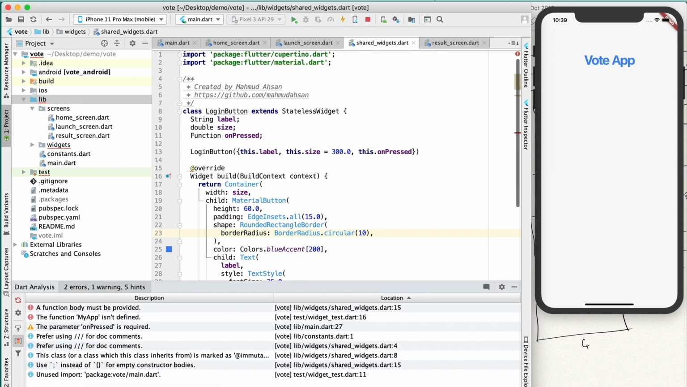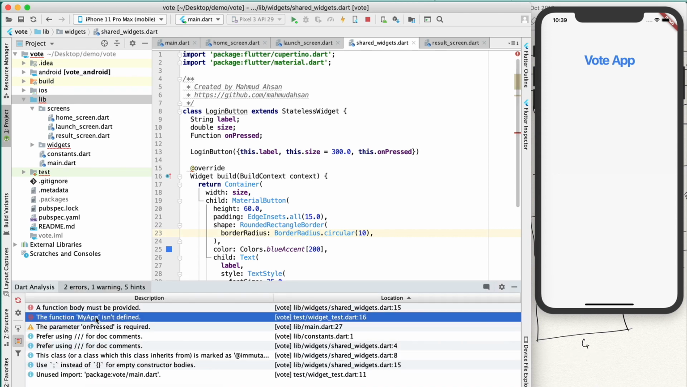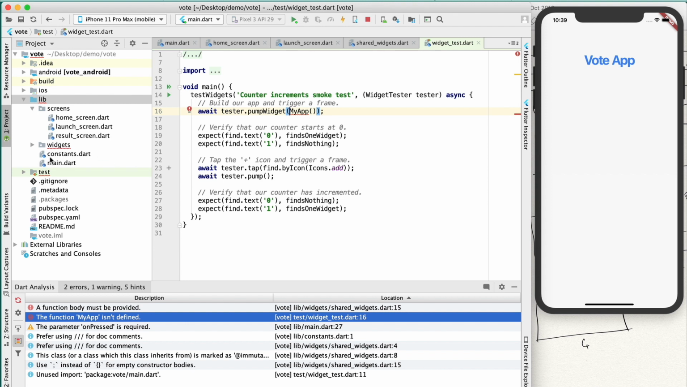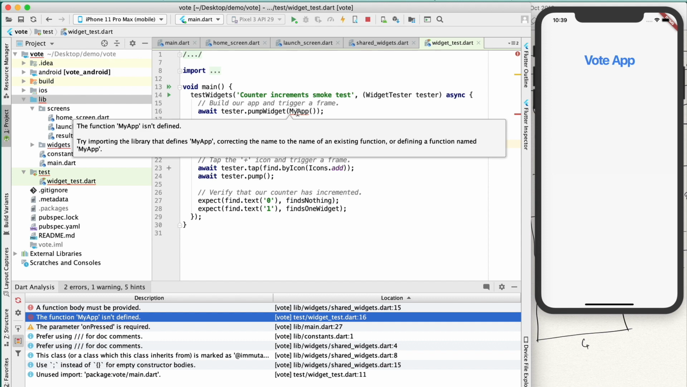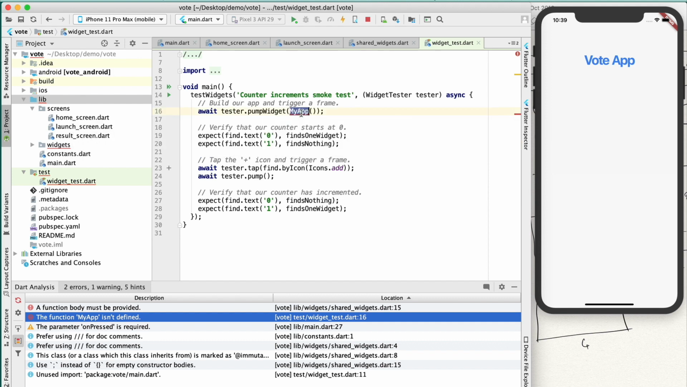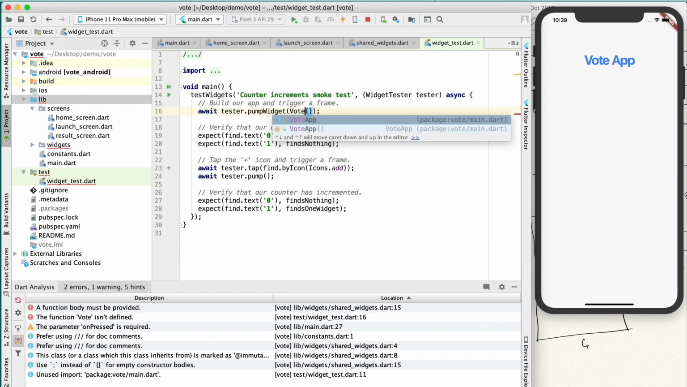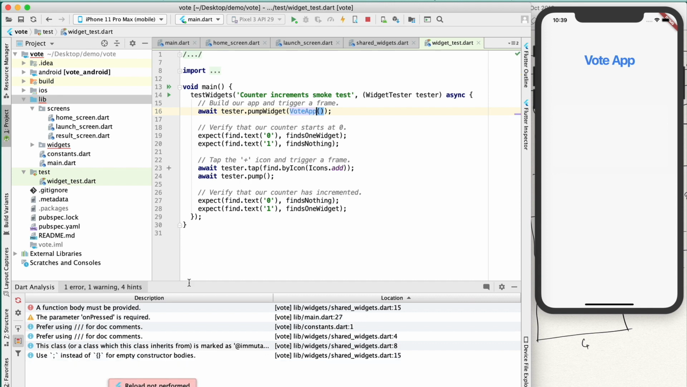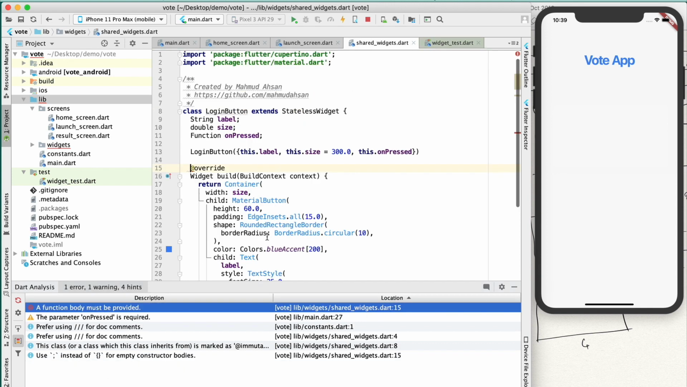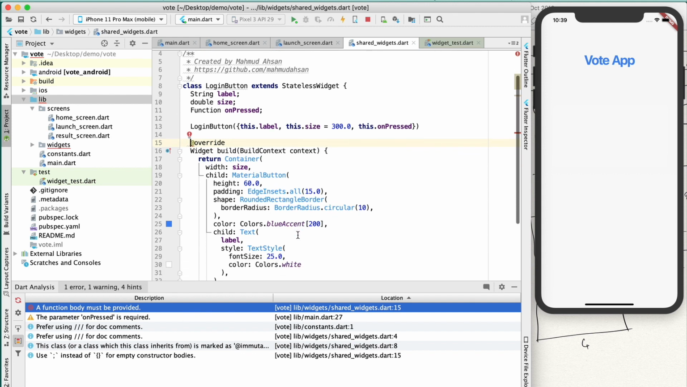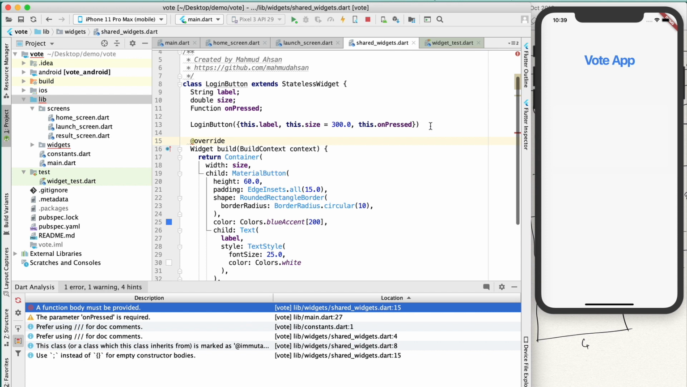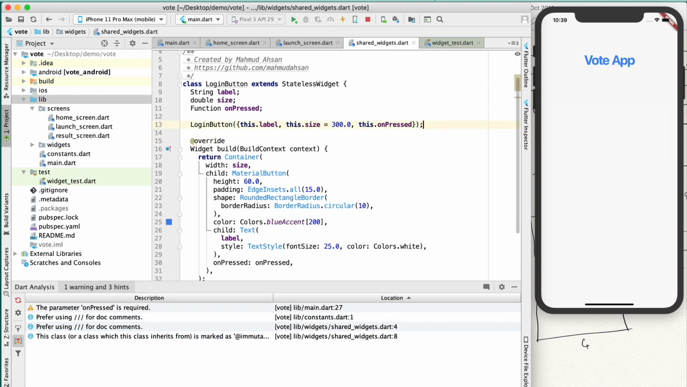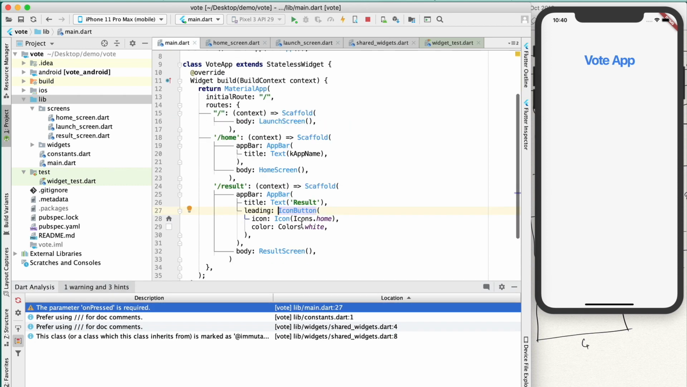So there is an error or something is showing. Let's do this. Oh, my app is not found. Okay, so here in the test directory, the widget_test, you see that it is trying to use my app, but we do not have my app, we have vote app. So if I save this thing, that error will be gone, and a function body must be provided is mentioned here. So what's the problem? Let's see. Oh, I need a semicolon here. All right,